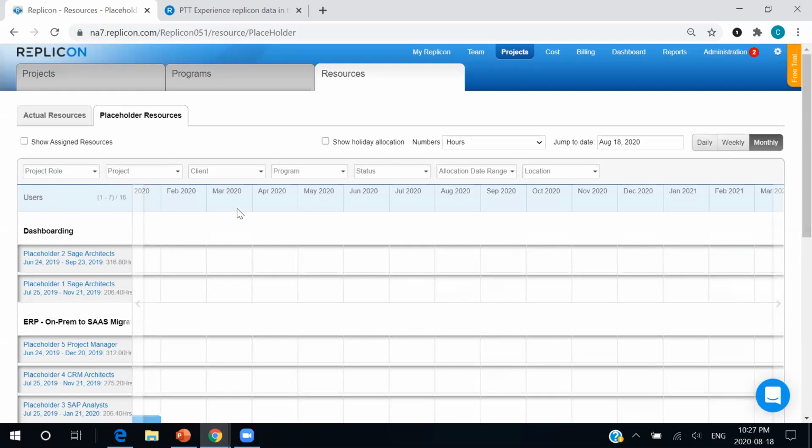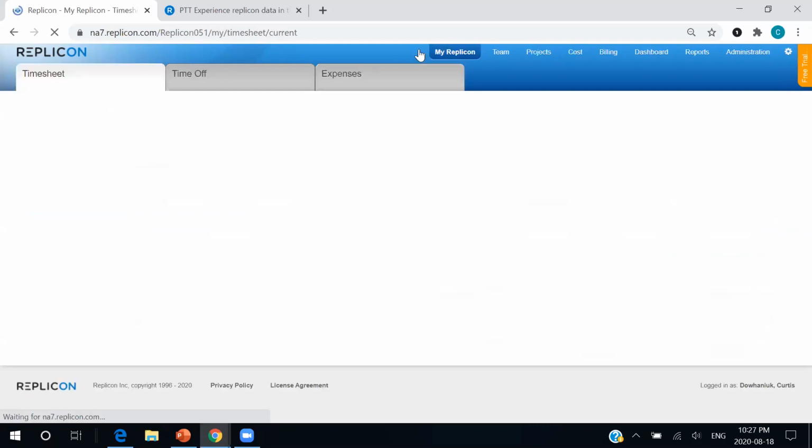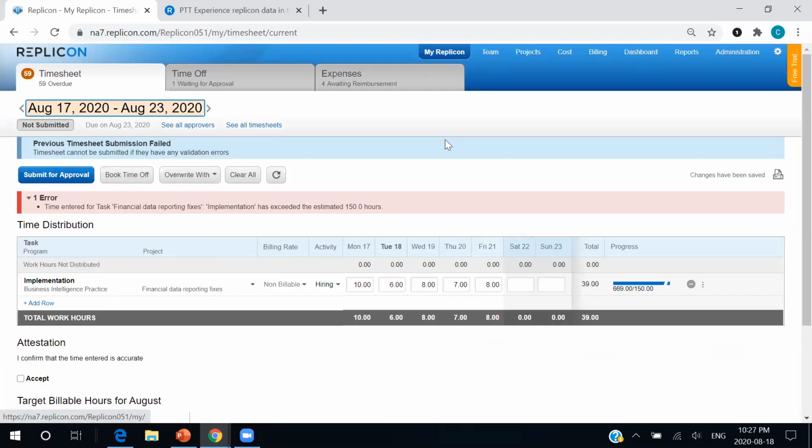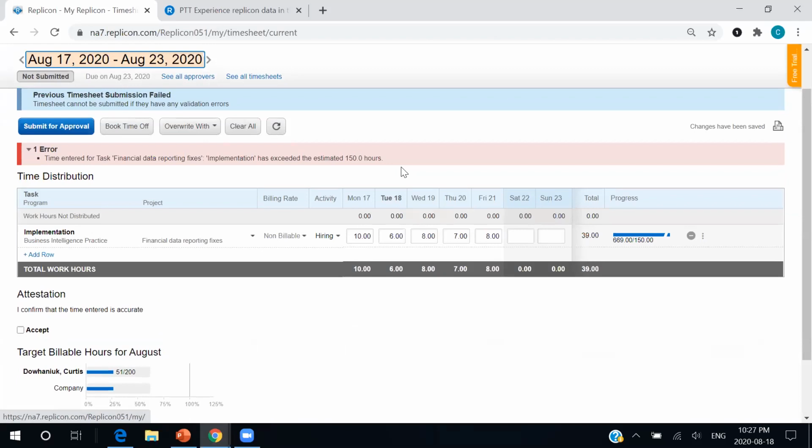So far we have looked at how we plan projects and how we staff them, and now is the fun part. We get to log our time towards them. And at Replicon, we call ourselves the time intelligence company for a reason. Time is something that we do very, very well. So within Replicon, there exist so many different permutations of timesheets that we could feasibly create a different timesheet for every single user in your organization.